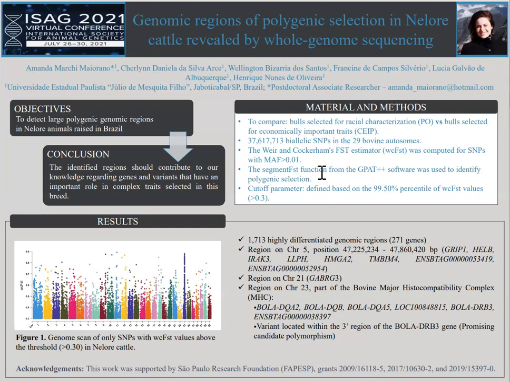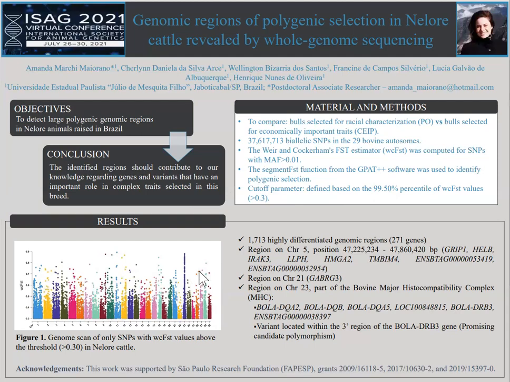Basically, what this function does is define a start and an end for regions, and it considers only SNPs that are above a threshold. So this threshold was defined based on the percentile of FST values, and this means we used a threshold above 0.3. At the end of our analysis, we got that the FST